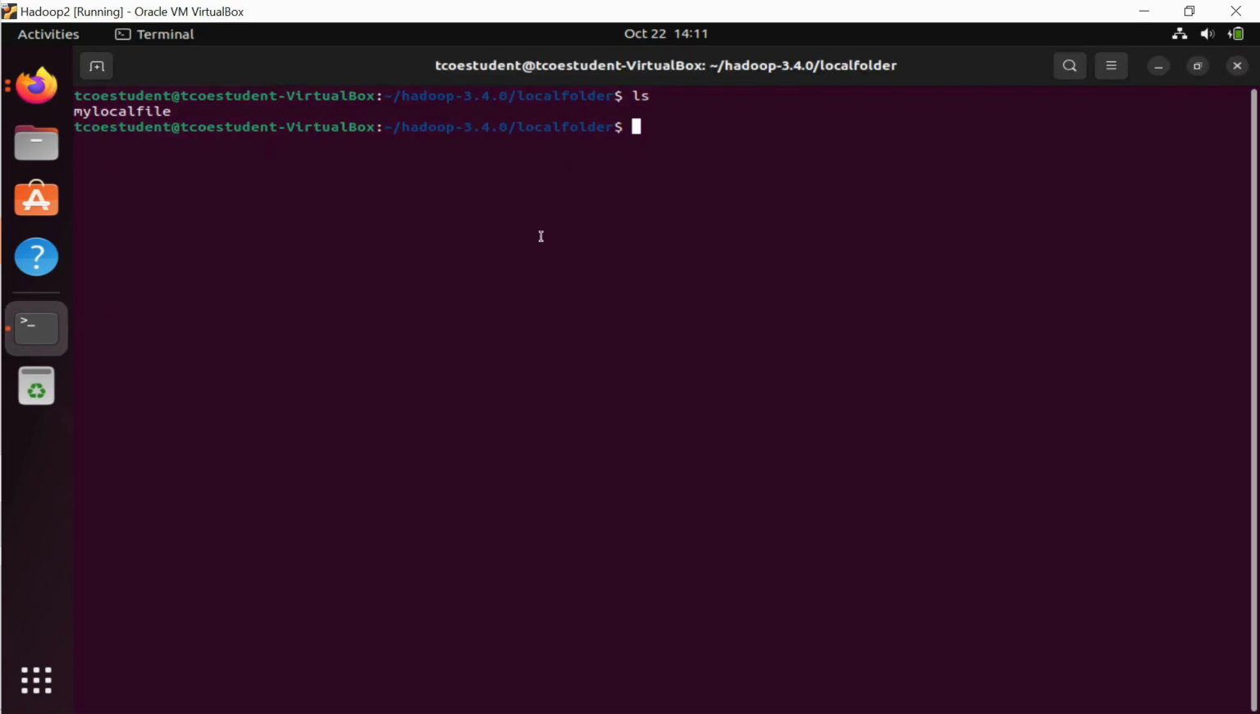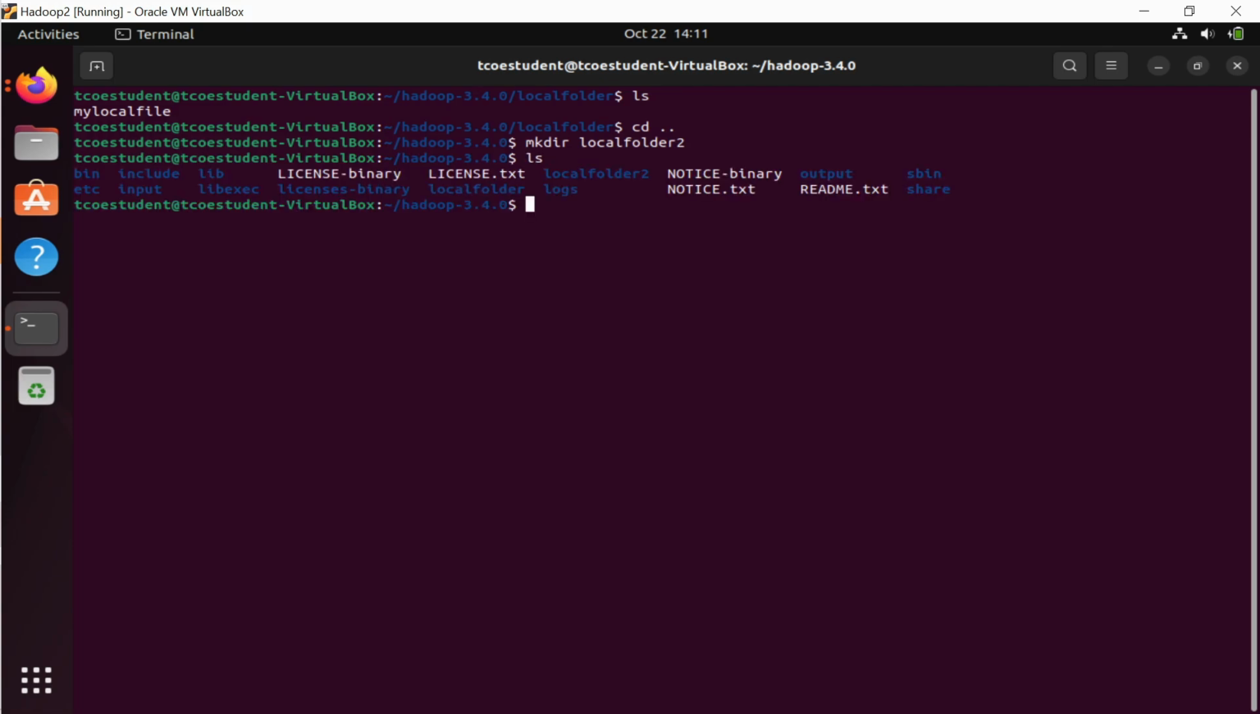So I'm in the local folder, or let's say I want to create a local folder itself. So I can say mkdir my local folder 2. So this will create a folder. If you do ls, you'll see your local folder 2. So where is your local folder 2? It's here. Then you can go inside local folder 2